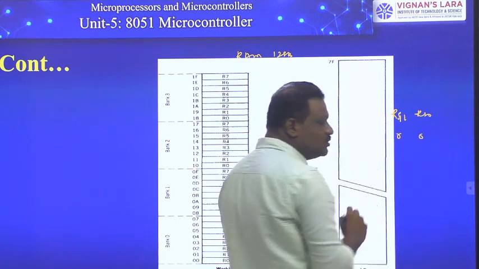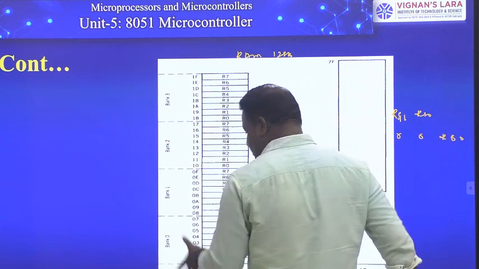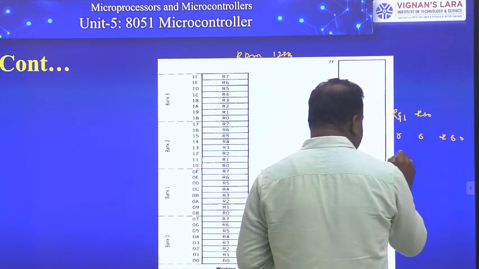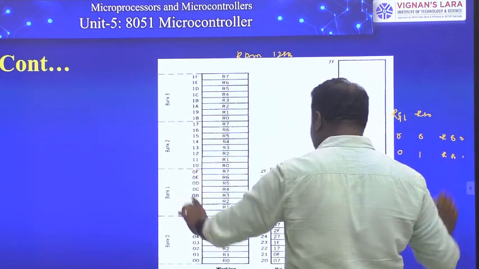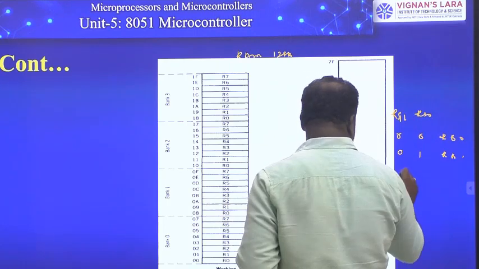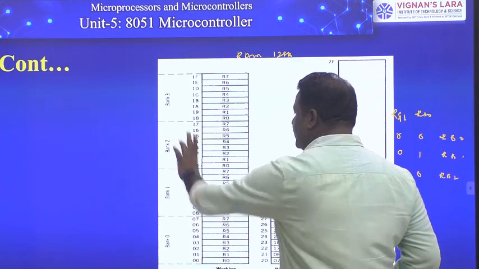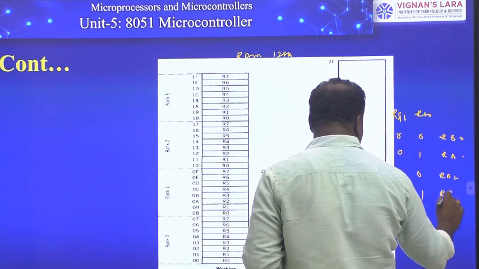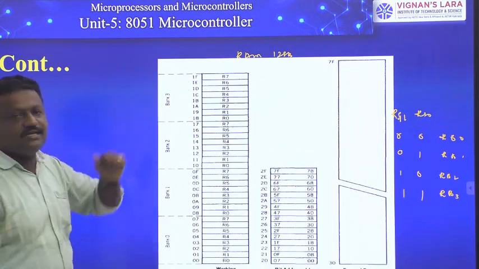So we have register bank selection bits RS1 and RS0. If these 2 are set to 0 0, then we select register bank 0, that is this, for the internal operation of 8051. If these 2 bits are set to 0 1, we select register bank 1. That means we are going to use only this particular area of registers. If it is set to 1 0, then we are selecting register bank 2, that is from this area. And if it is set to 1 1, you can select register bank 3. That is, we are using this particular area.